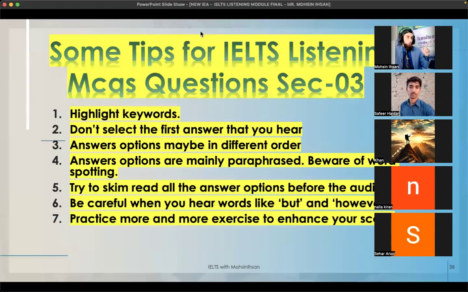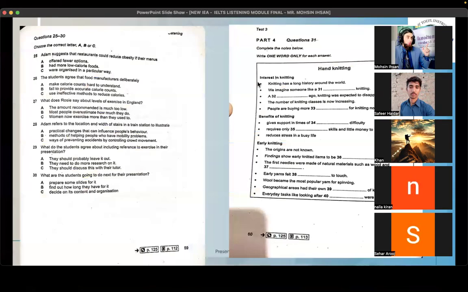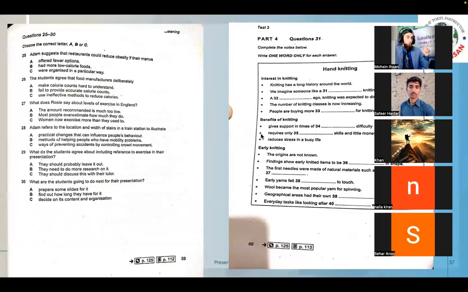Try to first understand, and then we go for choosing option questions, right? Now, what will be the problem that occurs here in IELTS listening section 3? We face choosing option. What is meant by choosing option? You know about that. Yeah, this kind of question on the left side of the screen. When we face such questions in IELTS listening section 3, it creates trouble for us to choose the